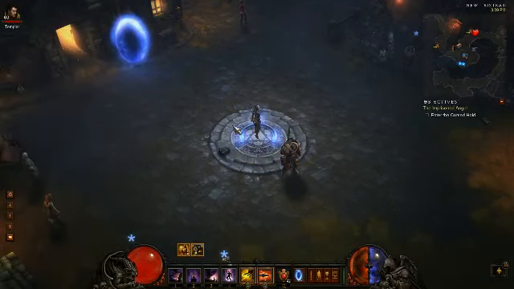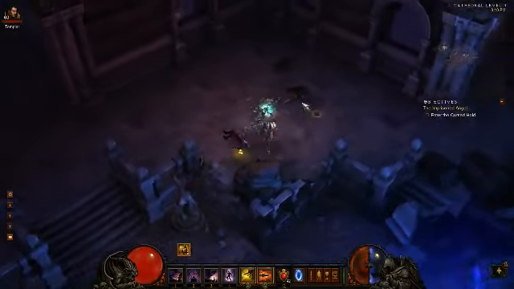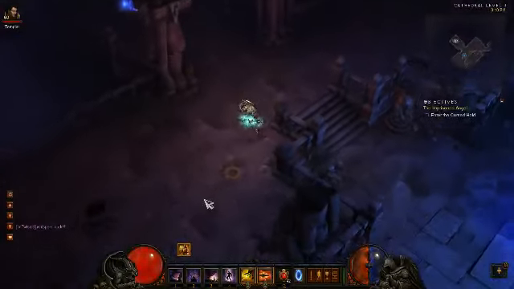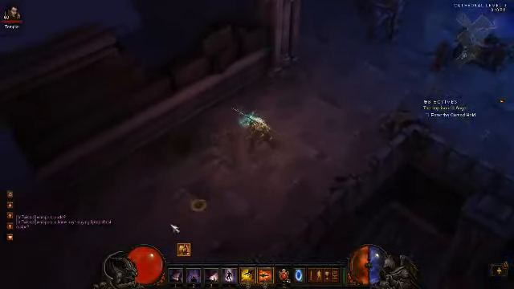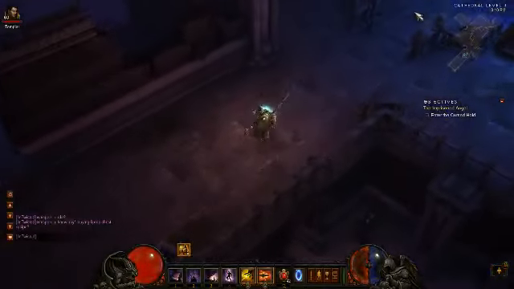I like to start at Cathedral level 3, just because there's a lot of stuff to loot around here. When you're farming legendaries, you don't want to just go for the monsters. You want to loot all of these little barrels and turnover bodies and stuff. You don't really want to farm like